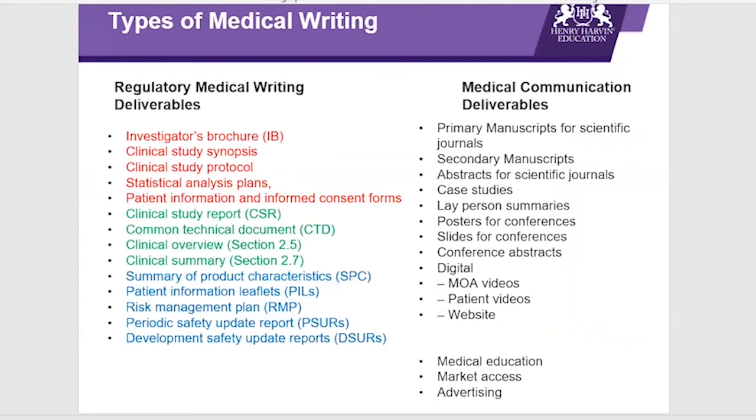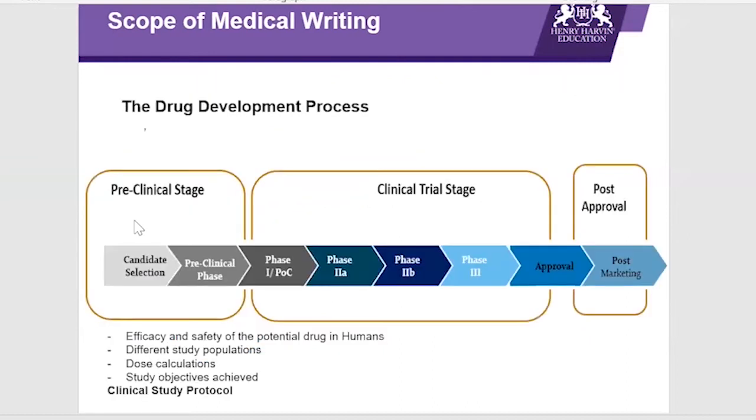Just to recap, we have looked at the 3 broad stages of drug development, which is the preclinical stage, the clinical trial stage, and we have looked until the approval stage. What is to be submitted until the approval stage? After the approval stage, we have the post-approval stage, the post-marketing stage. Until approval, we have tested our drugs in specific well-defined clinical trials and demonstrated that it works. Based on that, the regulatory authority has given me licensure, right?